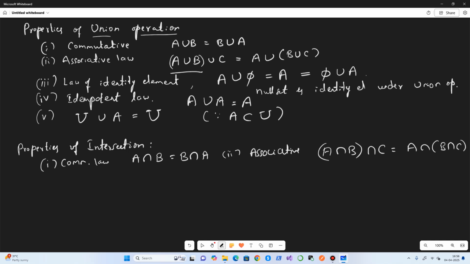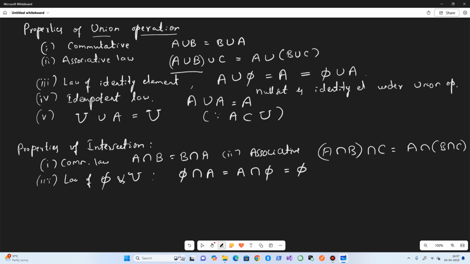The third one is the law of the null set and the universal set. It says that any set intersection with the null set is always the null set.